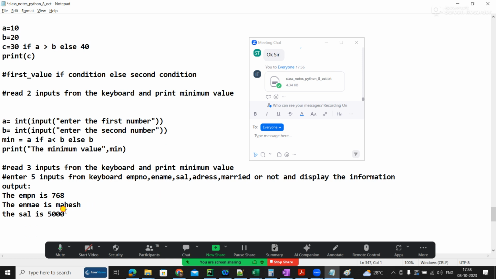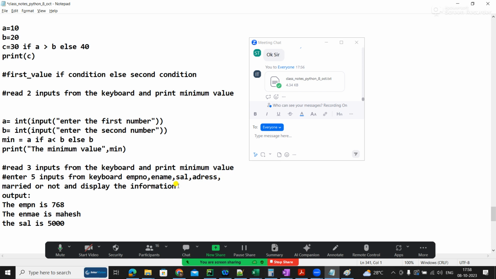This is simple, though there may be one problem. One more thing, married or not, I should get true or false. This will have some data type, married or not. When you give it, obviously give something like true or false.